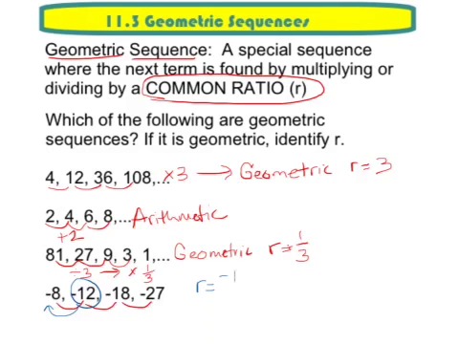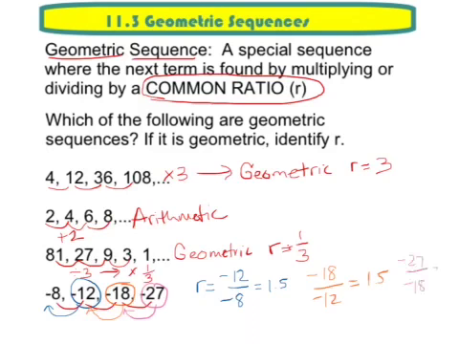So let's divide it. Negative 12 divided by negative 8. Well, sure enough, that's positive 1.5. And then if I check it with a different set of numbers, if I take 18 and just divide it by the one before it, I should get the same number if it is in fact geometric. I get 1.5, sure enough. And then last but not least, I'll go ahead and check all the terms. 27 divided by 18